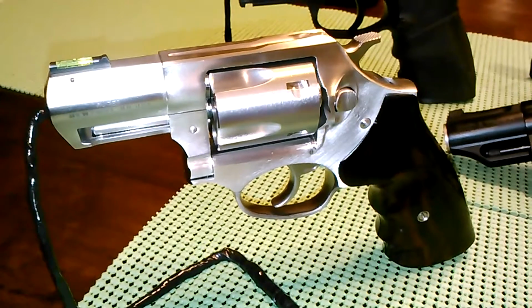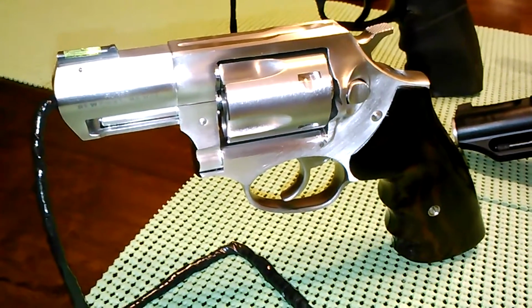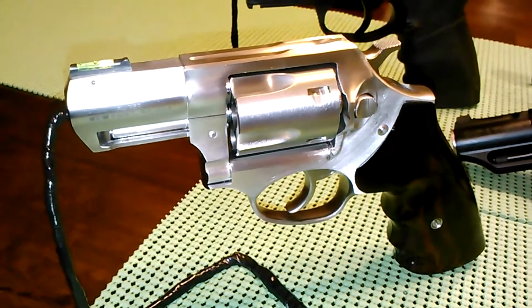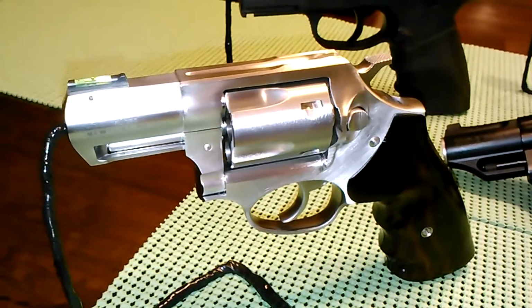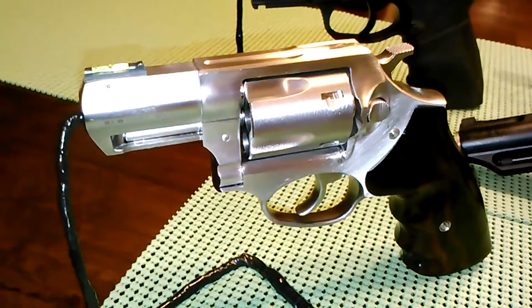Hey, gonna do a video here of my big bore guns, .45 Long Colt, .357, .44. Got a quick little video here showing some guns, and most of them are mine, and a couple are my